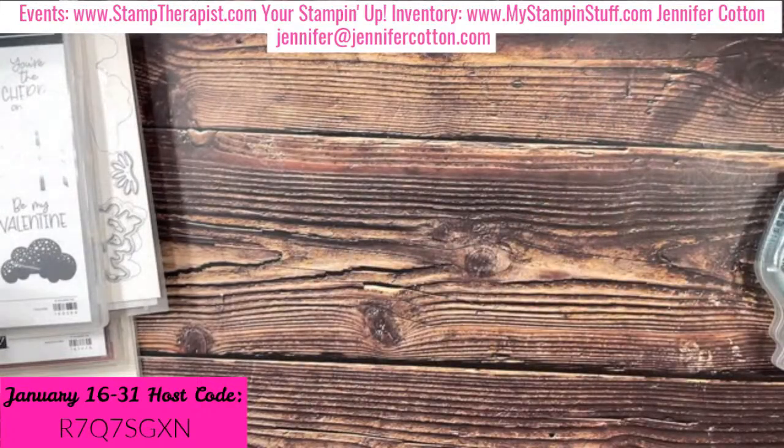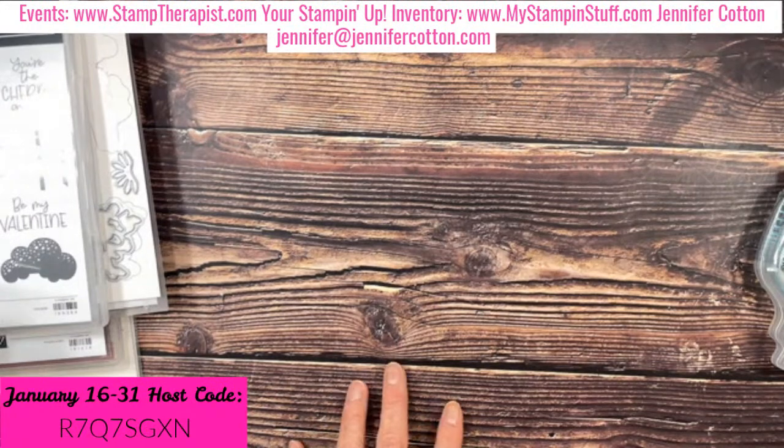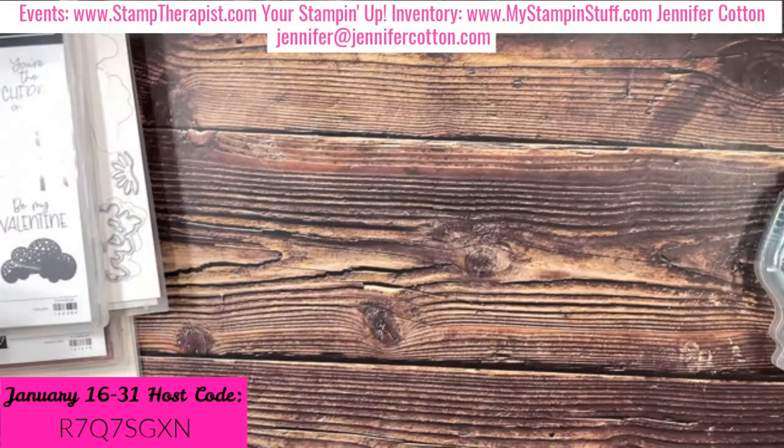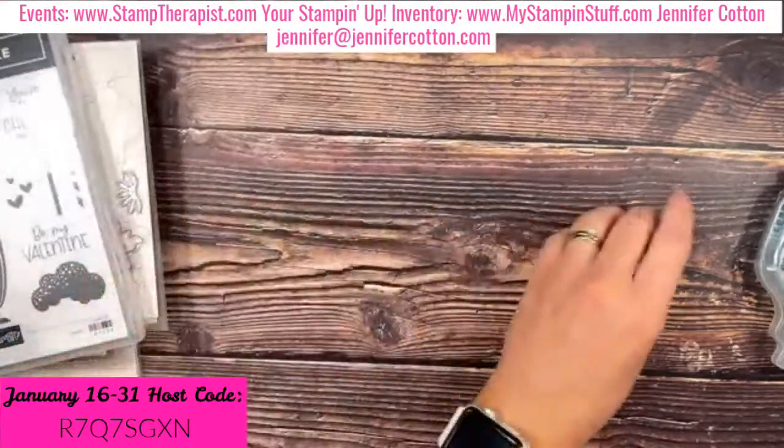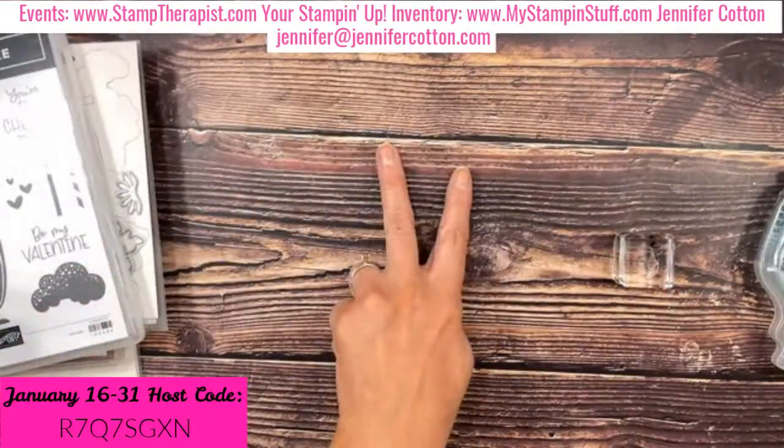Okay. Next up. The other 2 cards I'm making today, I will show you my other card with dainty flowers at the end. But the other 2 I'm making today are the Share a Milkshake. And so card number 2,